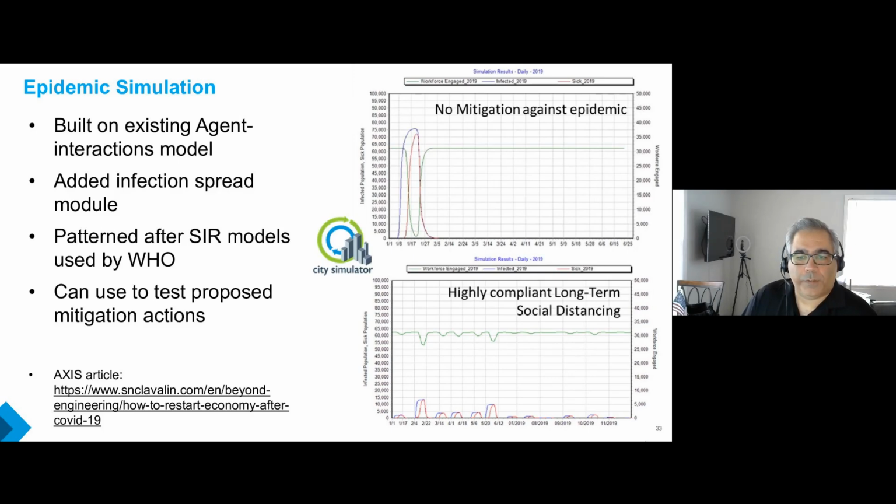Whereas with highly compliant social distancing, we found that you get these waves of infection, but they don't sort of stop the city altogether. They're much more manageable. The green line here is engaged workforce, just like the other charts that we saw. So this was a really interesting result, and really illustrated the power of having this simulation framework that we can